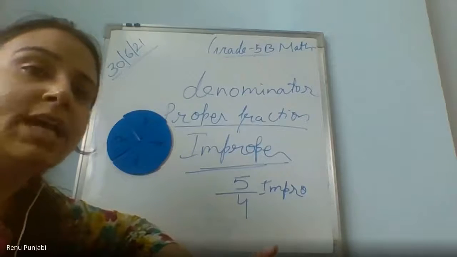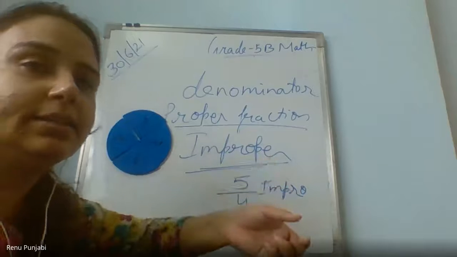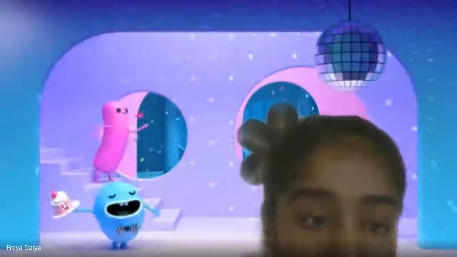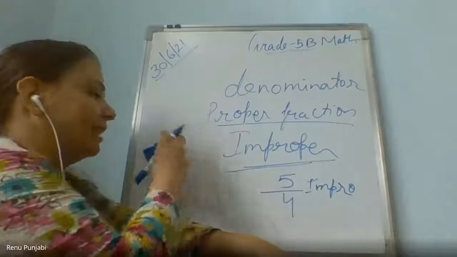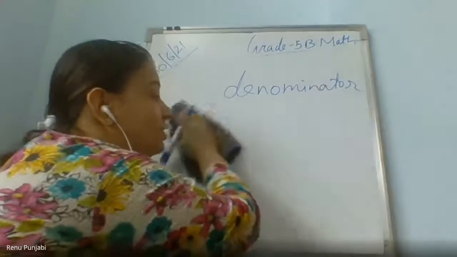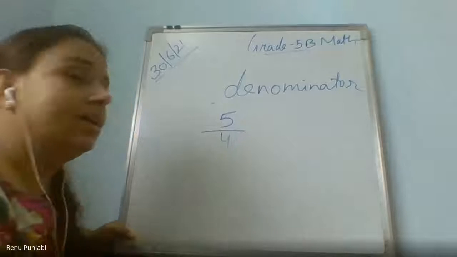Lakshya, what is the opposite of proper fraction? Opposite of proper word. Improper. Improper. So we can call it the improper fraction. Ma'am, if it will be 4/5, it will be proper fraction. But if suppose आपको ऐसा given है कि एक fraction है जो ऐसे है, अब now how you will understand?